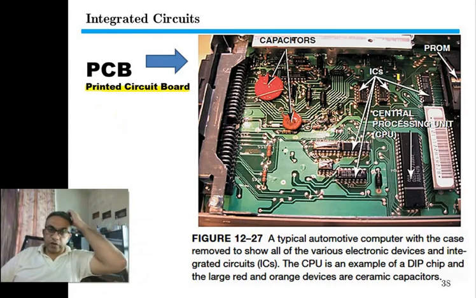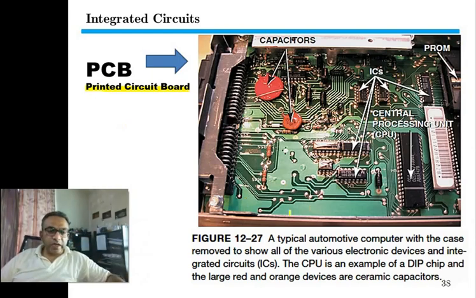This complete board is the printed circuit board. The electrical network is printed already, and on it we will place ICs and discrete components. Discrete means that they are all individual components. For example, here we see the discrete component of a resistor. Here we see a discrete component of a capacitor.